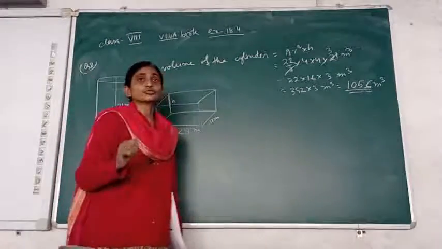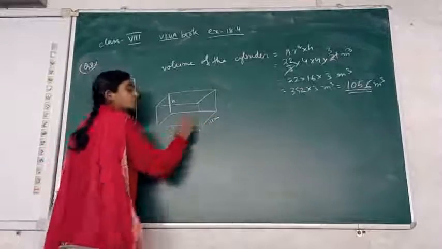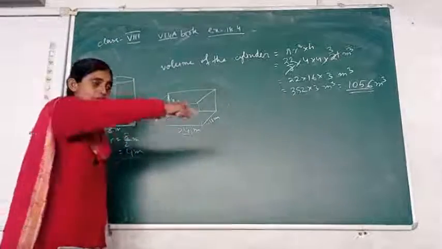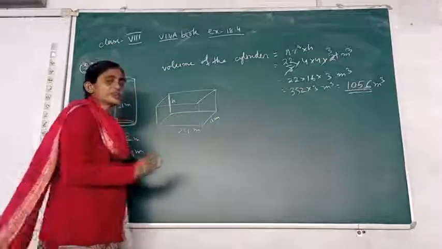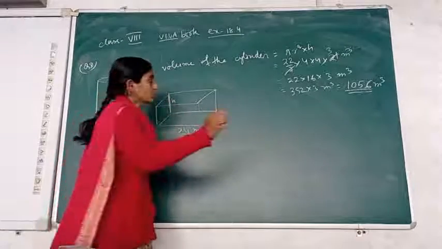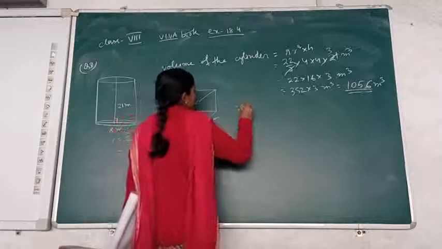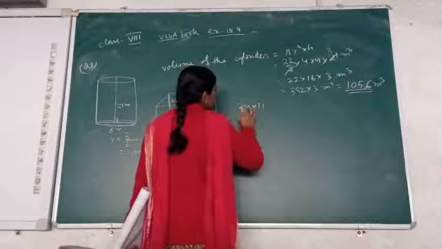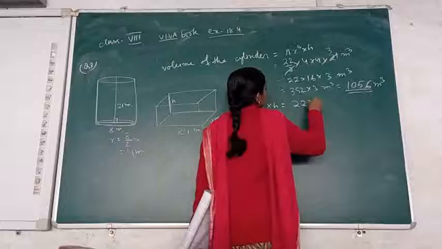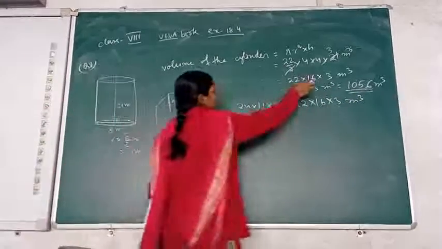Now, in the next question you have asked that much soil will be spread on a ground of dimension 24 into 11 meter. Yes, so that is the area of the base surface of this cuboid shape. But what will be the height after putting all the soil on that? That height you have asked. So according to the question, you can write that volume of this one, that means length into breadth into height, will be equal to that much meter cube. Because again I have to cancel, so I am taking that much numbers only.